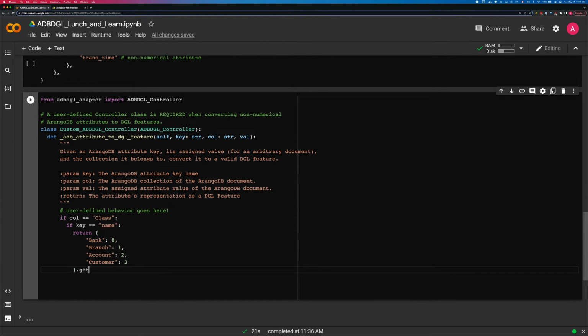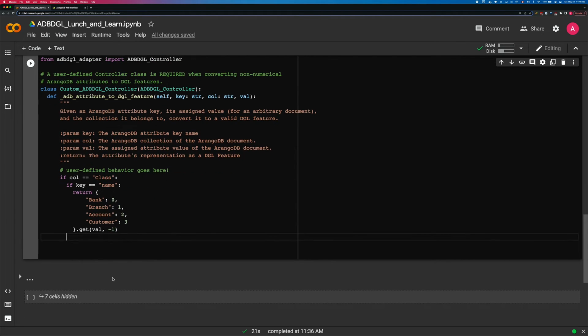Following that, we can simply call the get function for a given Python dictionary to fetch the value associated to the class name, and return -1 if that value is not found within this dictionary.